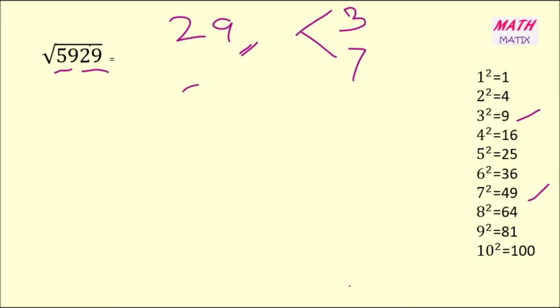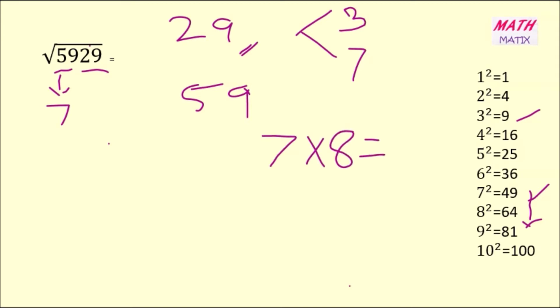And the second step is, for the second pair 59, we have to see between which two numbers this 59 is falling. That is, it is falling between 49 and 64, that is 7 square and 8 square. So I am taking the smallest among these two, that is 7. I am writing the 7 here, and now the consecutive number of 7, that is 8, we have to multiply it by that number. 7 8s are 56.